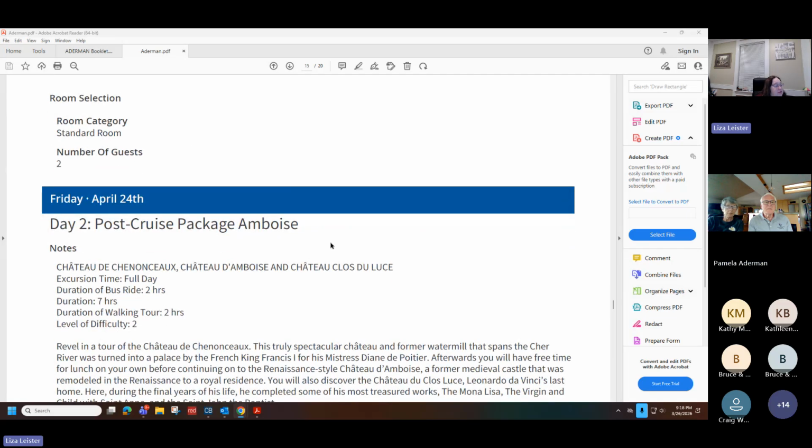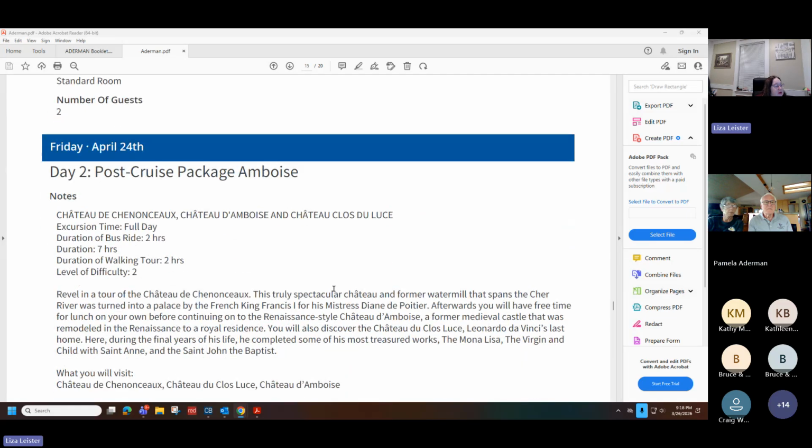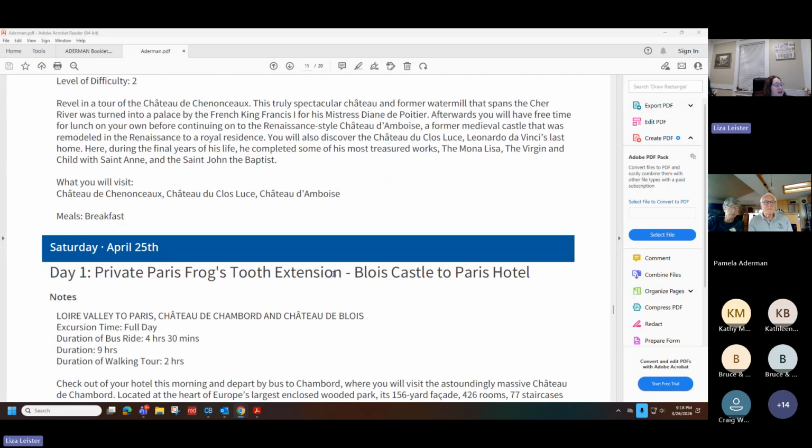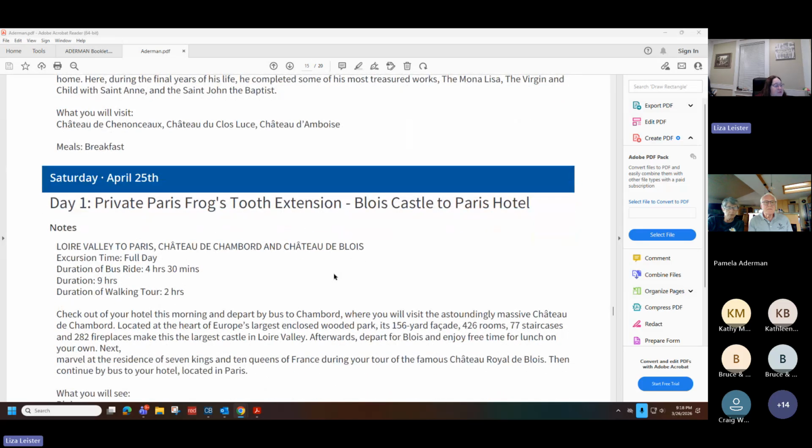And then you have what's included. Okay. And then here's where it kind of gets confusing. Those of you just doing Loire Valley, you will move on to the airport hotel. It used to be the Pullman Paris Charles de Gaulle Airport, but it has now changed to a Radisson Blu. Same hotel, same address. It's just now a Radisson Blu. So you will go on to the Radisson Blu.